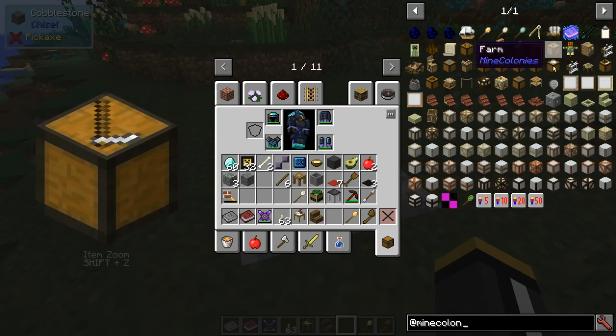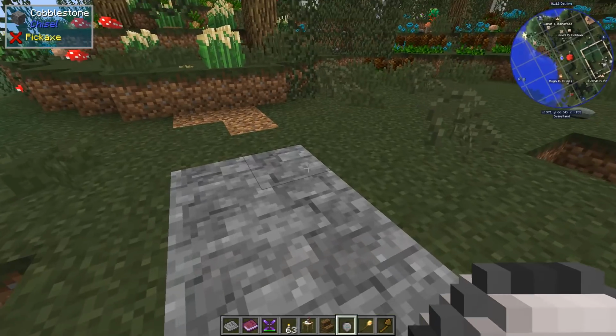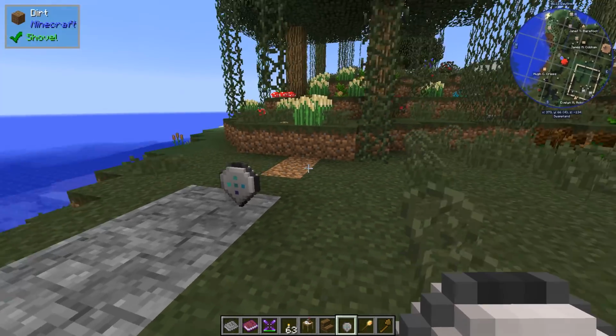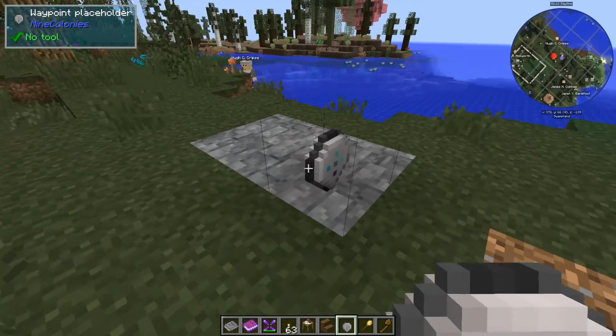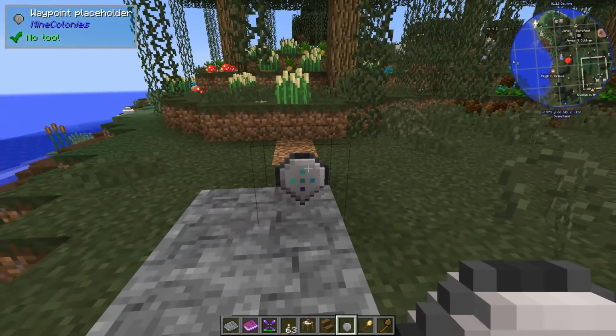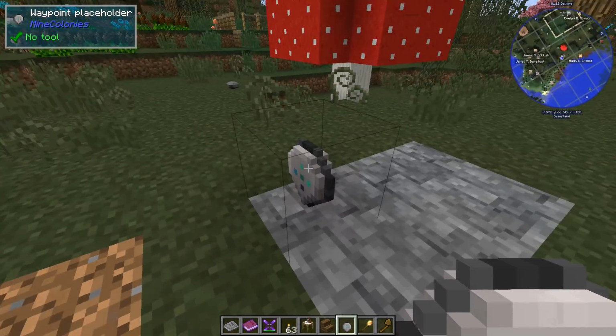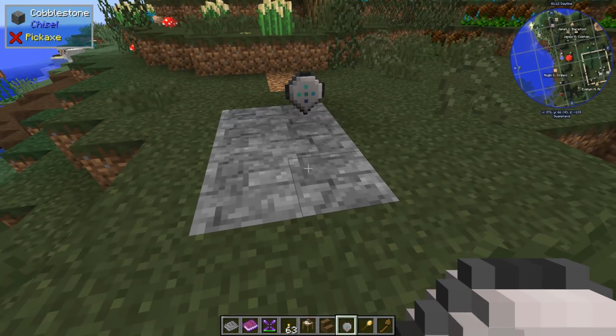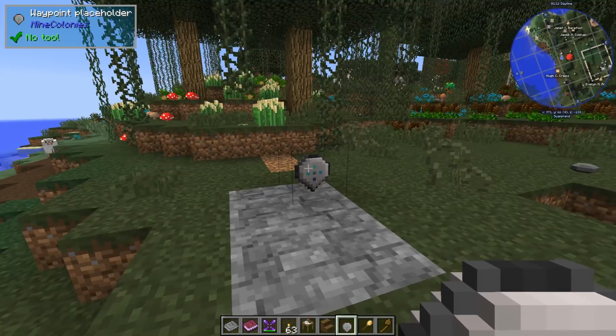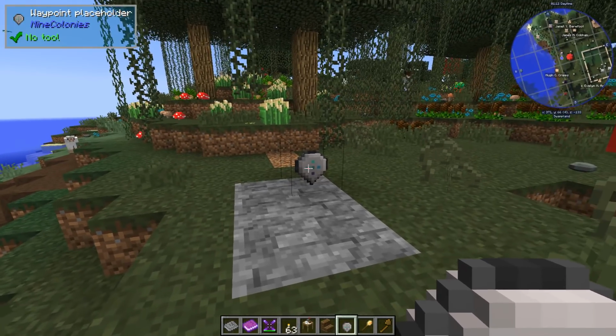Minecolonies, and then I'm going to grab one of these waypoint placeholders, and I'm just going to stick it there. So when we place that, and we can do this in survival mode too, we can place this waypoint marker, and it's a thing in the world. We don't really want those to ever be placed in the world, other than for the purposes of creating schematics or creating different